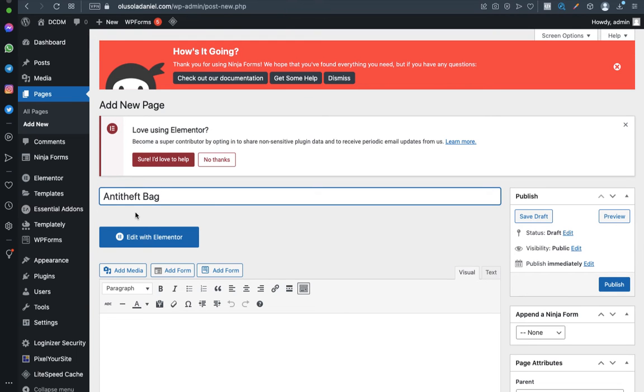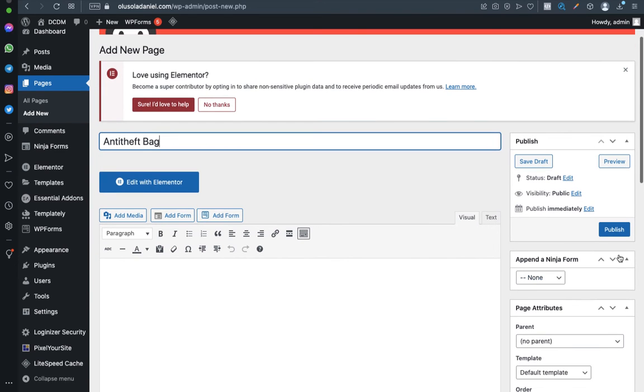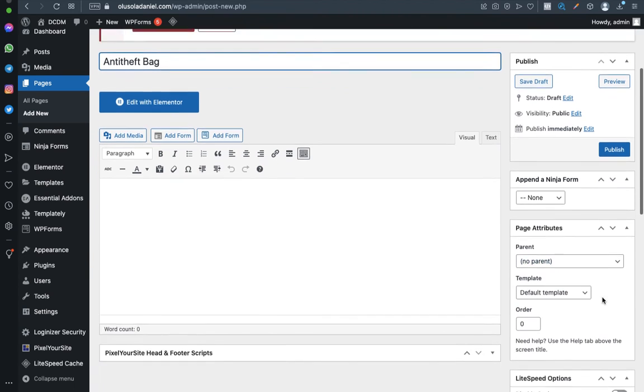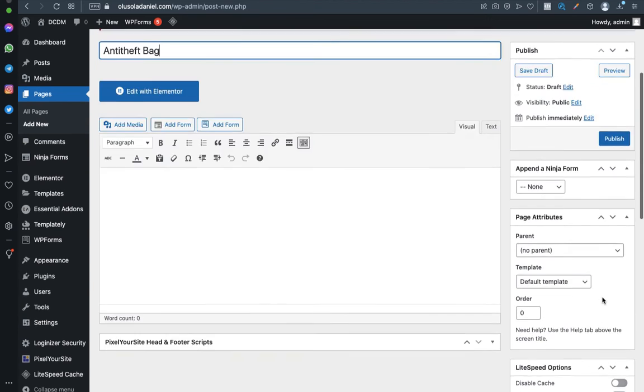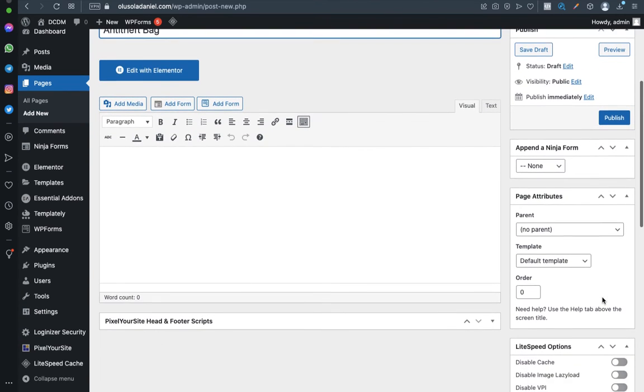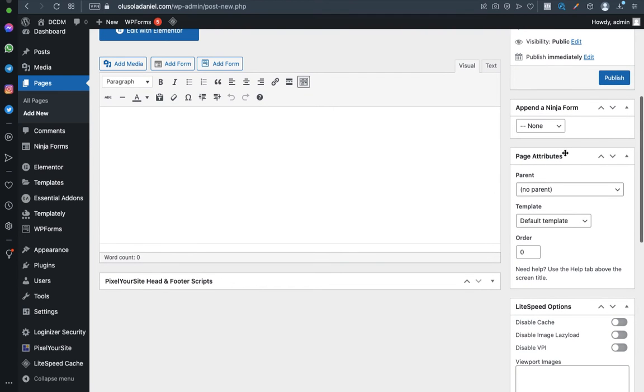Your permalink is like a link that would lead people to that particular page after you are done creating the page. Once I click on publish here, a permalink would come here. It's just like a link to that particular page that you are creating. But before I click on that, one important thing: on your right hand side, scroll down to page attributes where you have templates. Click on it. As you can see, it says default template. Click on it, select Elementor Canvas,